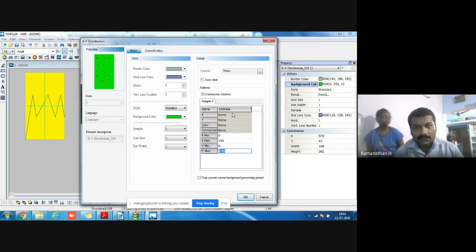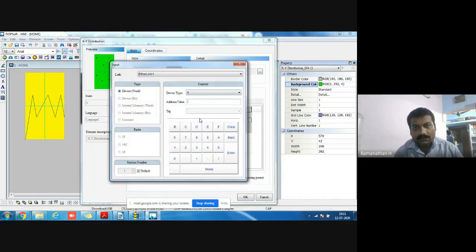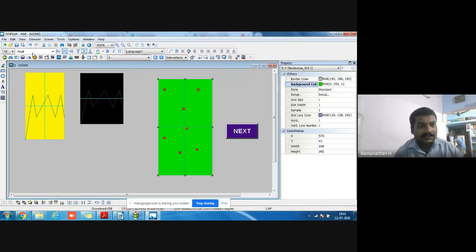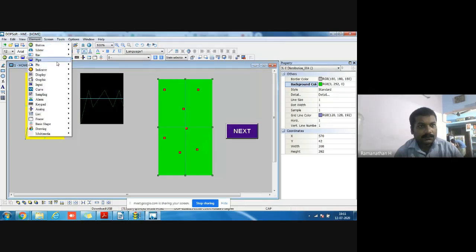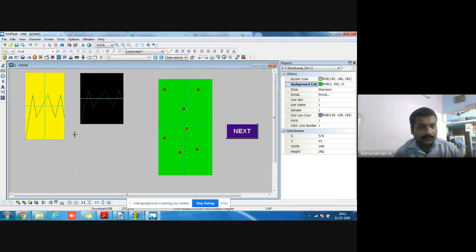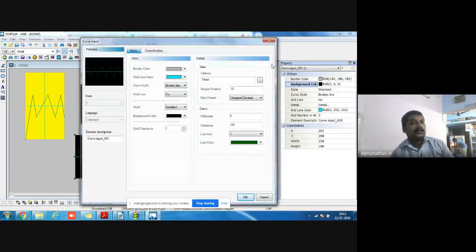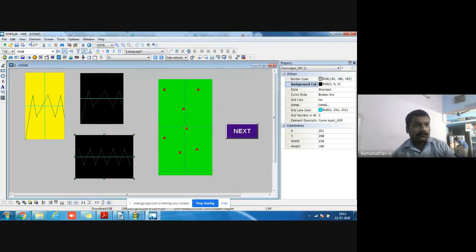So X address, Y address, then the control address we set here. So the XY distribution, the curve input, the curve input we set.